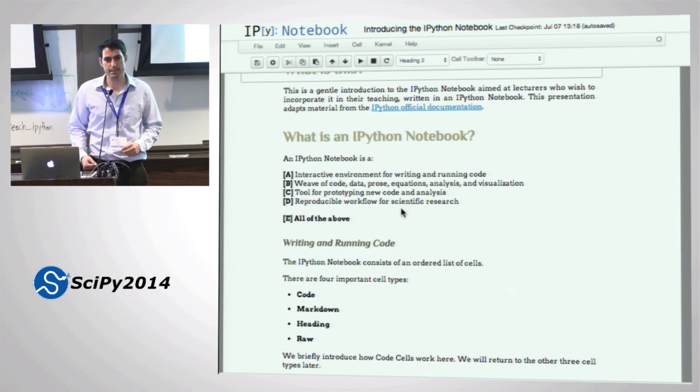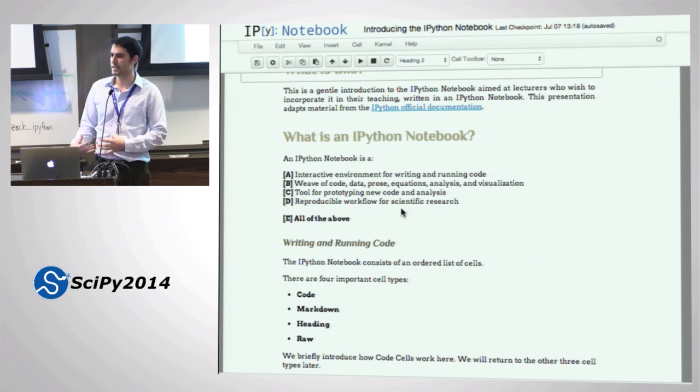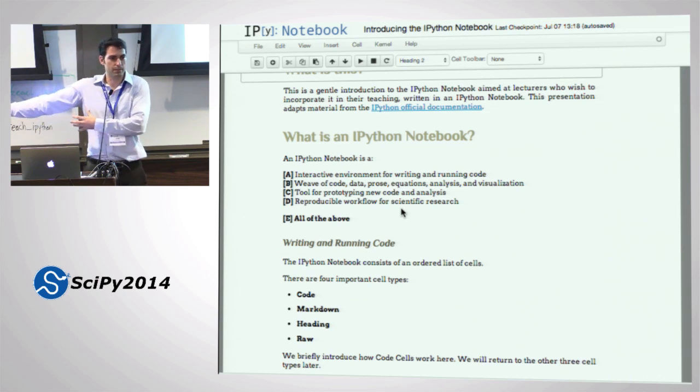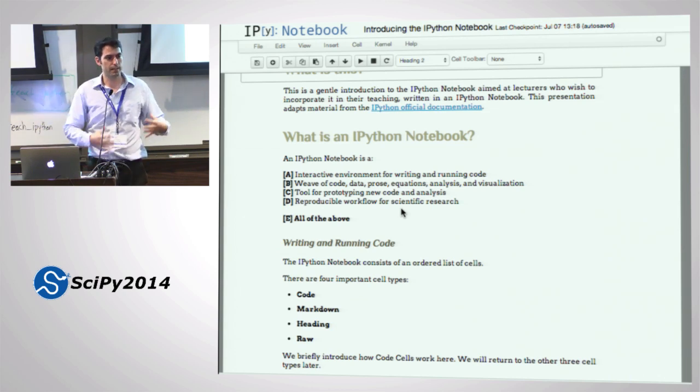And then finally, this is becoming more and more important. People are realizing that once you have all of your code and all of your data and all of your pictures together in one place, after you've created a paper, that paper is no longer just a piece of dead, recycled cellulose that can be read. Before, to reproduce it, somebody has to look at the paper, and then they have to figure out what your environment was. Your entire experiment is in the paper, right? When you hand somebody a notebook, you're handing them your entire experiment.